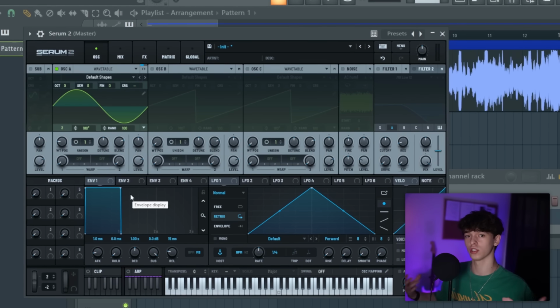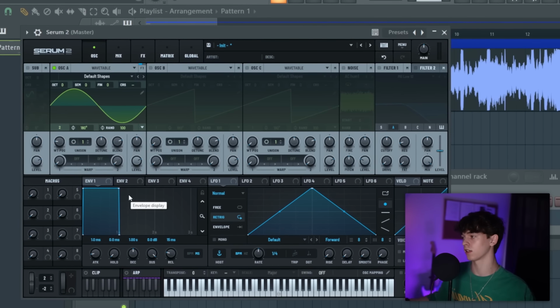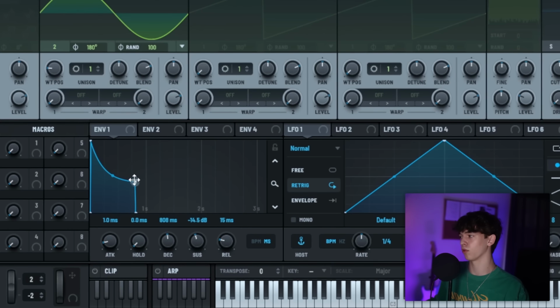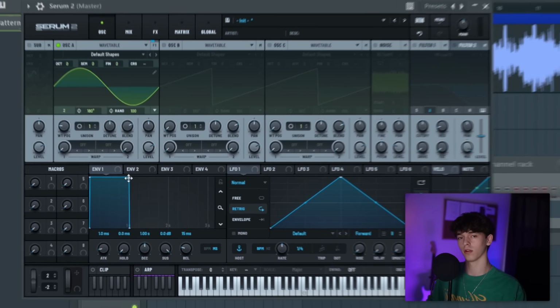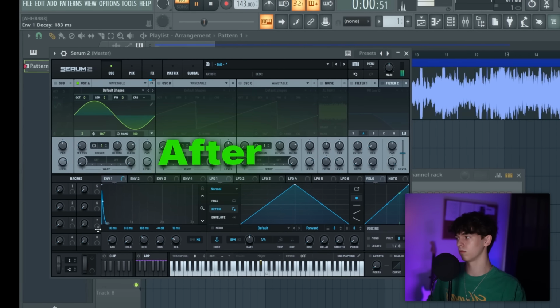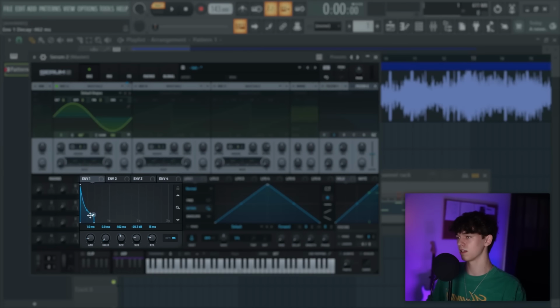Now it's just a matter of adjusting the amplitude, doing some effects, etc. So let's play with this envelope here. What we can do with this is make it more of a pluck shape. So a little before and after. This is before the pluck shape, and this is after. So we can adjust this to be similar to our reference,